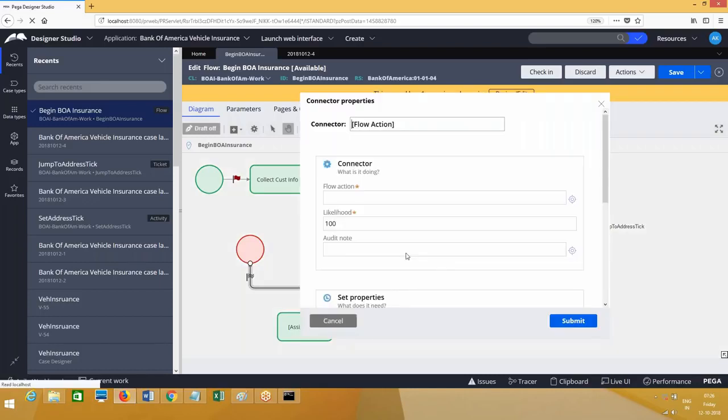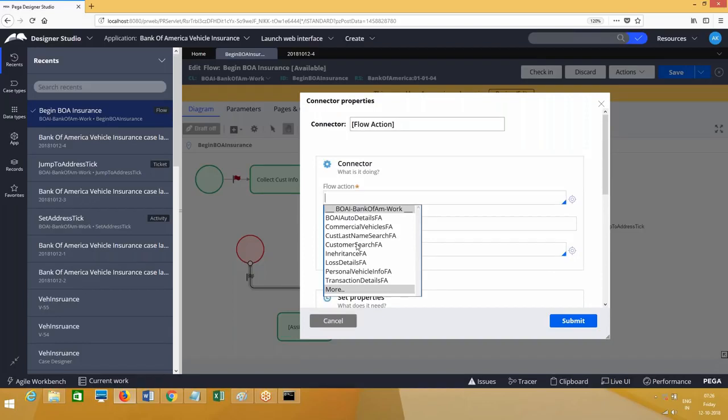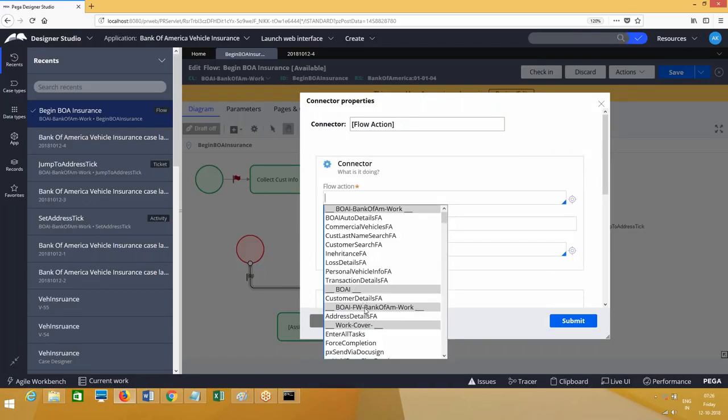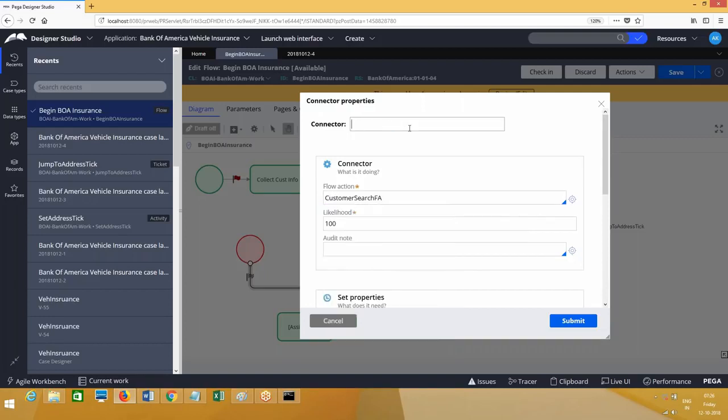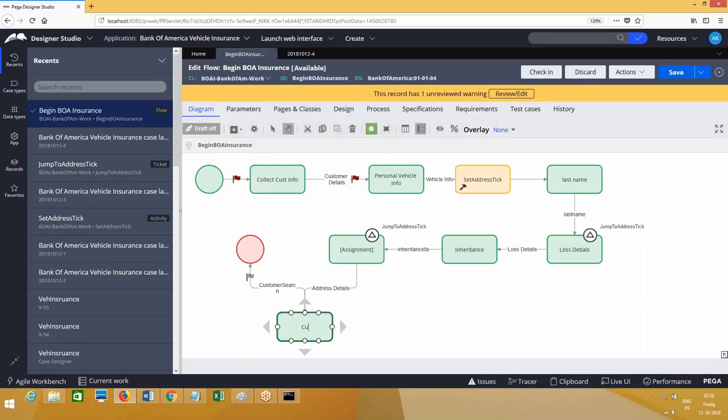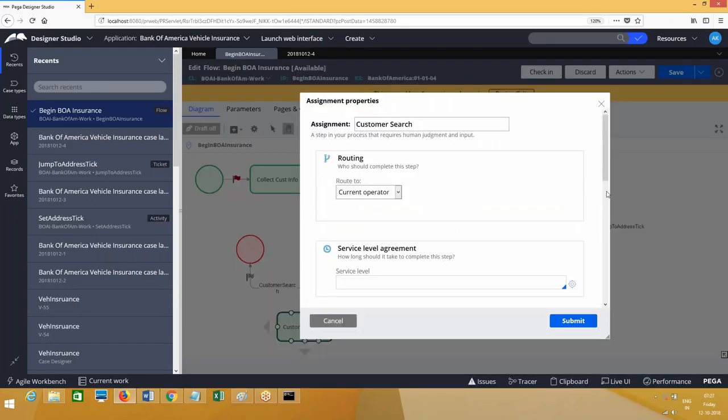Do we have any other flow action? Customer search, where is it? The last one is customer search for testing purpose. And here you go. Double click on this flow shape and then call it here.